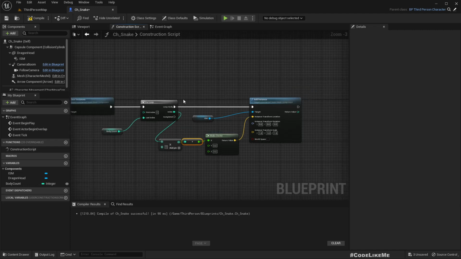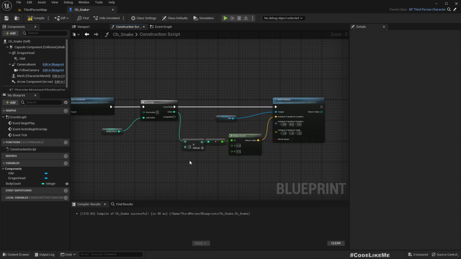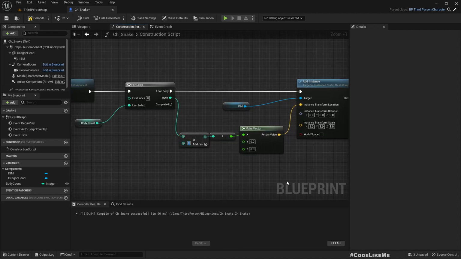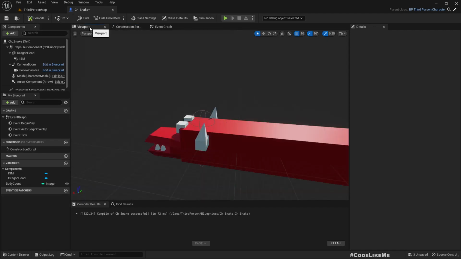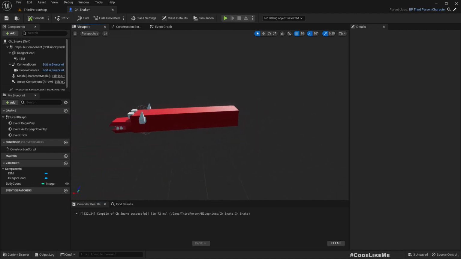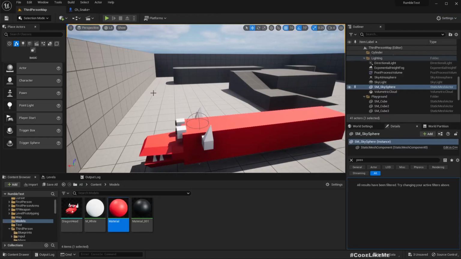So I'll get the index and multiply with some value like, I think 50, and also if I make it plus 50, the tail will be starting from the character and spread in the forward direction. So I need it to be on the back of the character, so I'll make it minus 50. Now see, we do have a tail, but